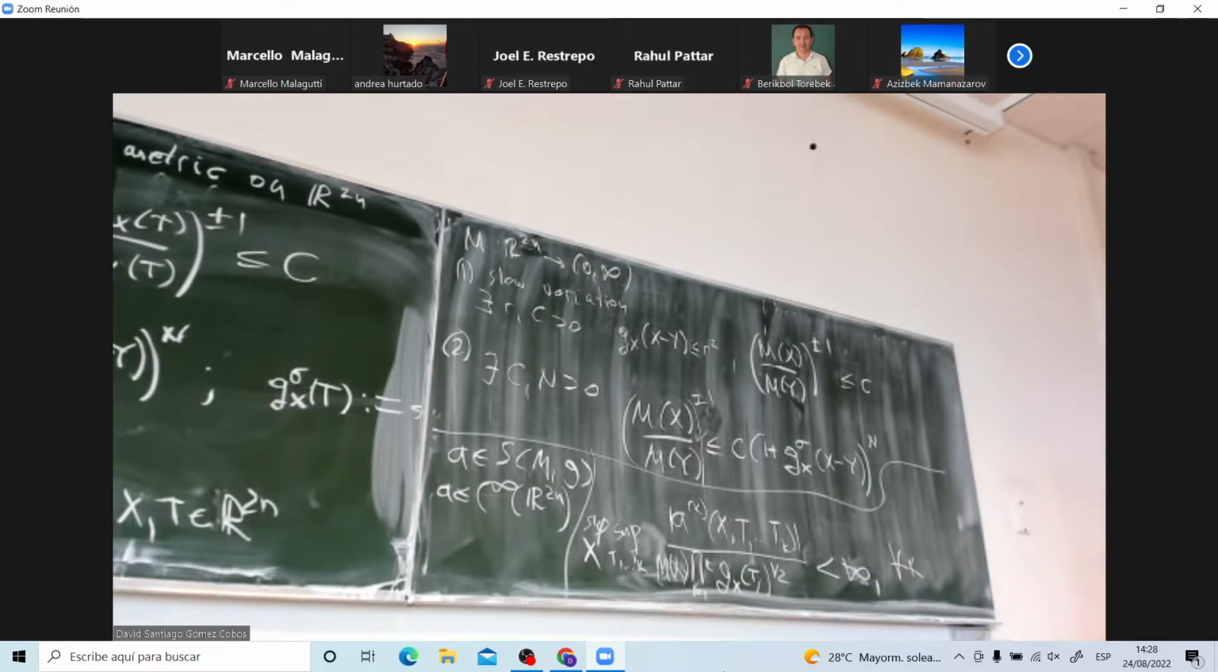Okay, so the first thing now is to show the S continuity, and also the L2 continuity of the symbols in S1G. So let me do first